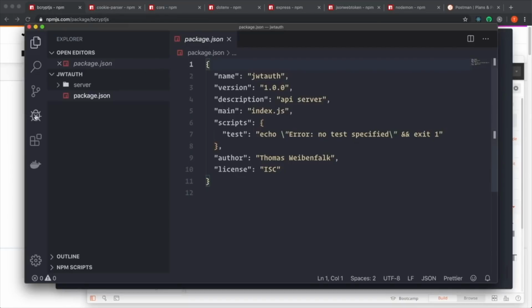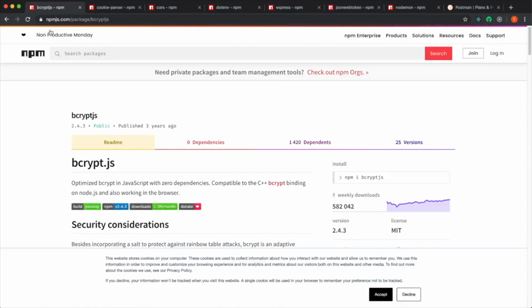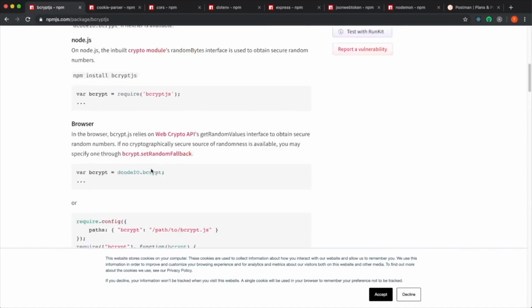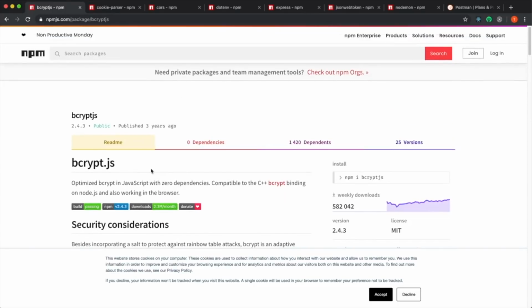All right, then we have to install some packages. We're just going to use Express, but there are some packages that are going to help us in the creation of our API. So we are going to install something that's called bcrypt.js. And with this one, we can hash our password because you don't want to store your password in a database, or in our case, a fake database. We have to hash it and also salt it. You can read about bcrypt at this page here, or you can, I'm not going to go through it in